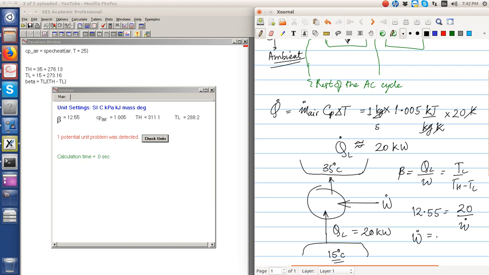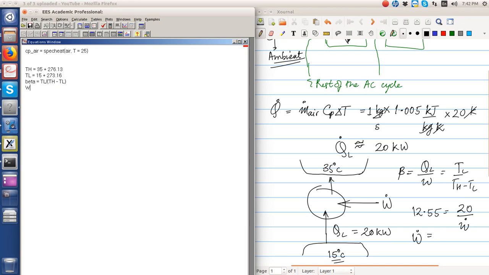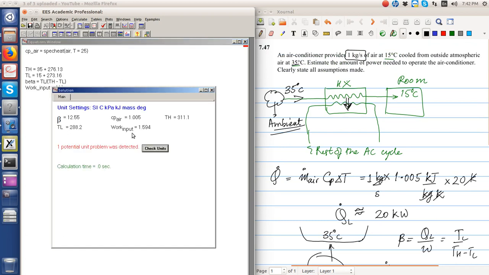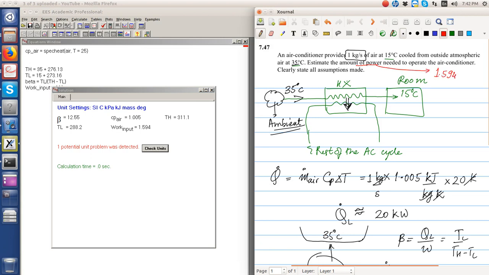So the work input required is equal to the QL, which is 20 by beta. Okay, as simple as that. So this is the estimate of the power. So the power required is approximately 1.594 kilowatt. So the work estimate that we obtain is equal to 1.594 kilowatt. But here the assumptions were,